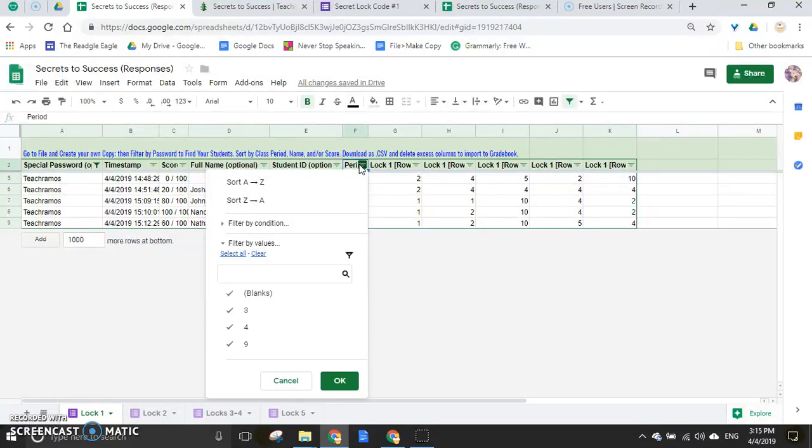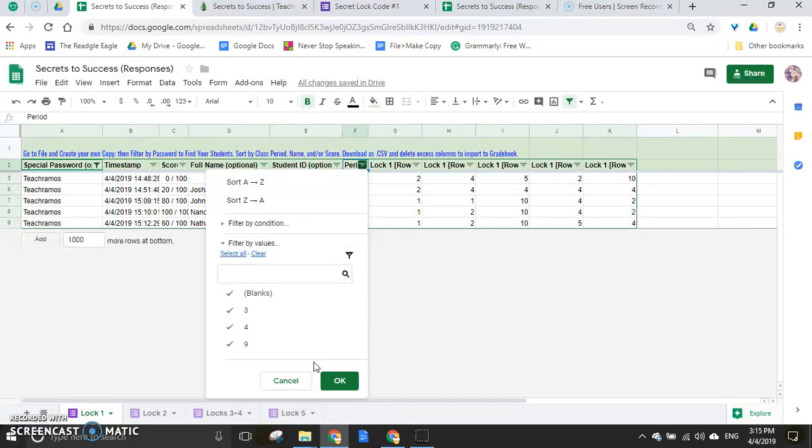I can sort them according to period by again clicking the arrow. I can hit sort A to Z, or maybe I just want to see one of my class periods. It's a great way to keep an eye on your students. It actually updates within seconds, almost exactly real time. You can have this projected on your desktop computer, and you can view which students have gone and put this in, or on your iPad you're carrying around the classroom so you can see them as they pop up